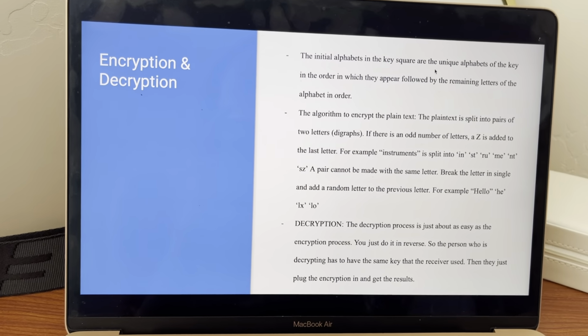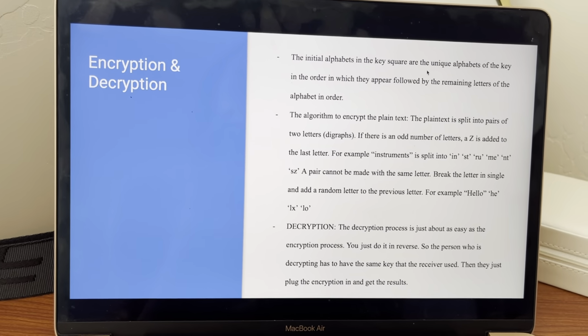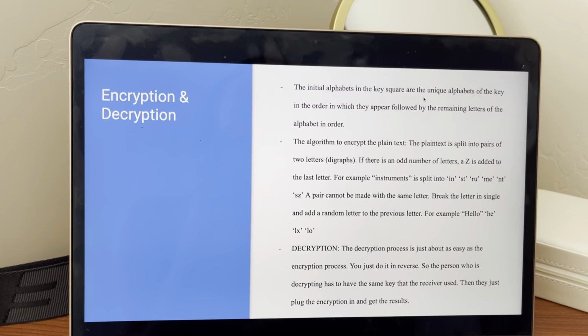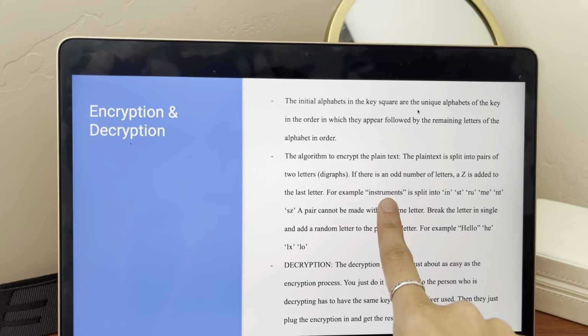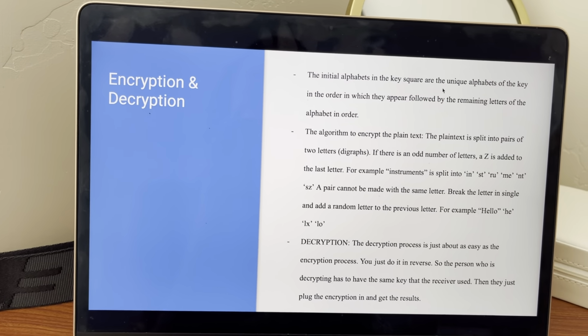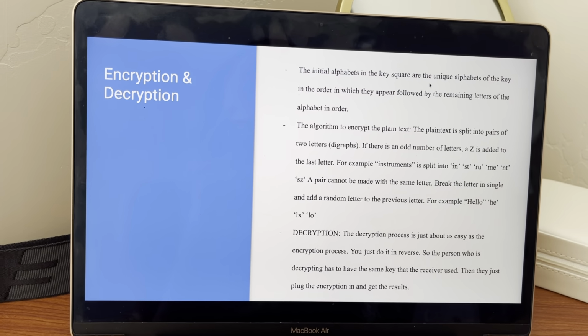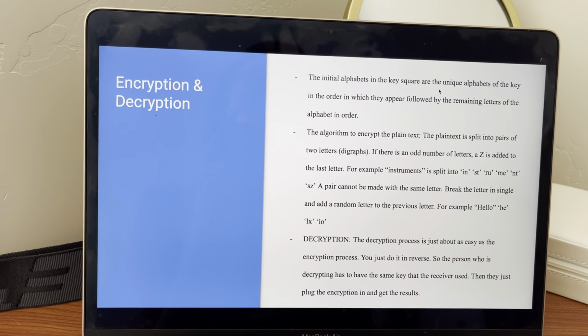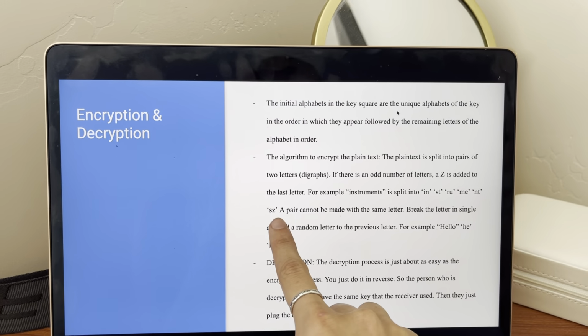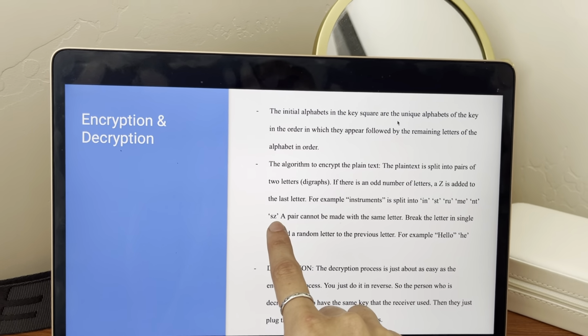So in order to encrypt the text, you split up your word, for example, I use the word instruments right here. So you split it up into pairs of 2 letters, and if there's an odd number of letters, then you just add the letter Z to the last letter. So for example, I split this up into pairs of 2 letters, and there's a Z at the end since there's